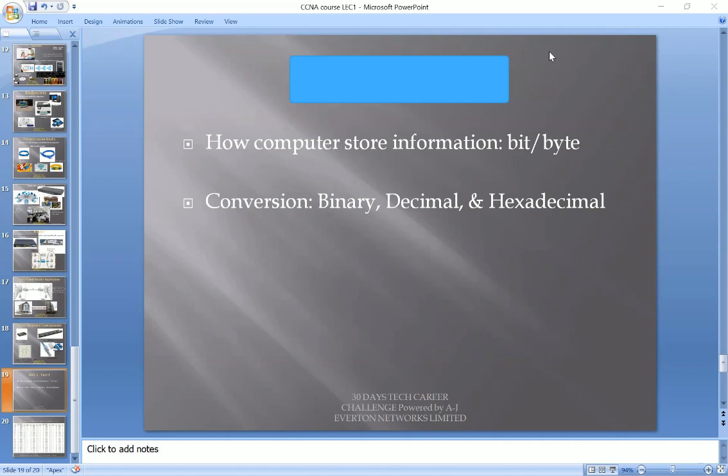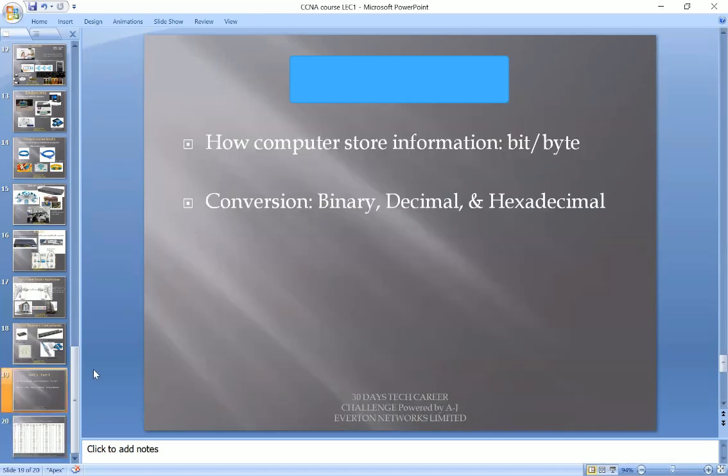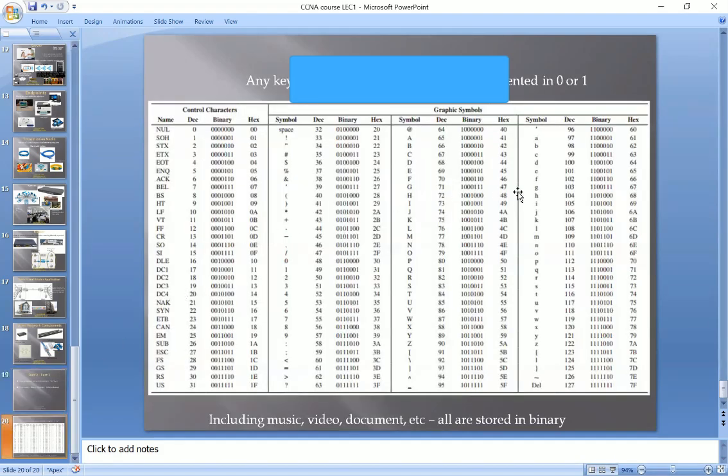Looking at how computers store information, how conversion takes place, and all of that. So here we'll be learning bits and bytes. Now, the foundation that I want you to understand is that